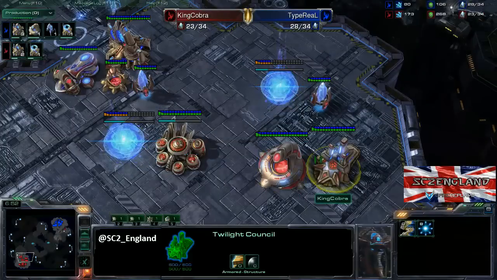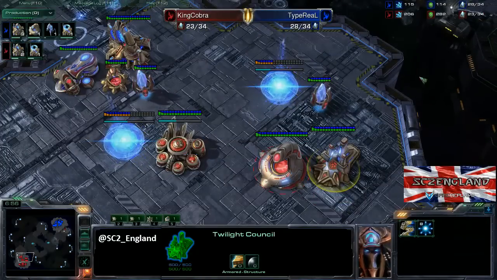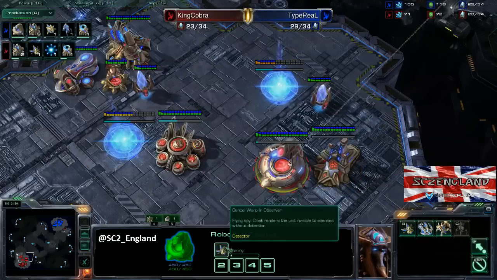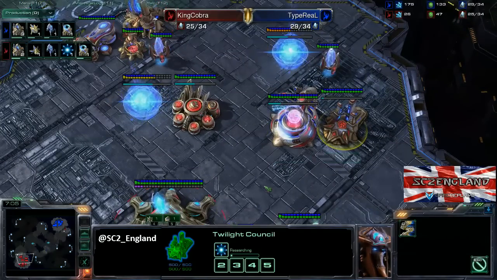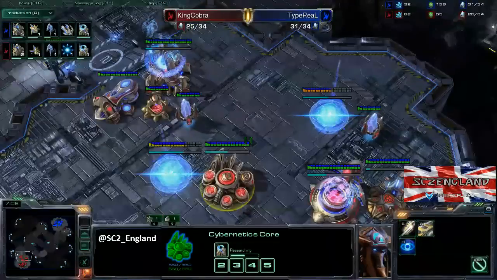But of course, if Blink is started relatively soon, which it should be, Cobra has enough money for it easily. There we go. So there's the Blink, there's the Observer. Everything is going right. Now, where the Chrono Boost gets spent will be very interesting. I imagine it probably will be spent on...